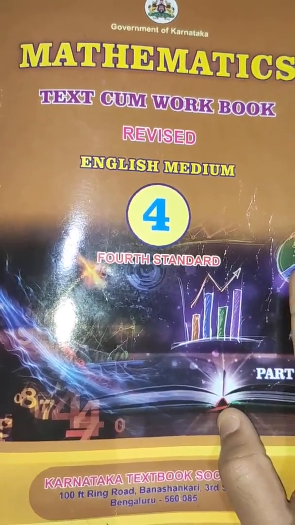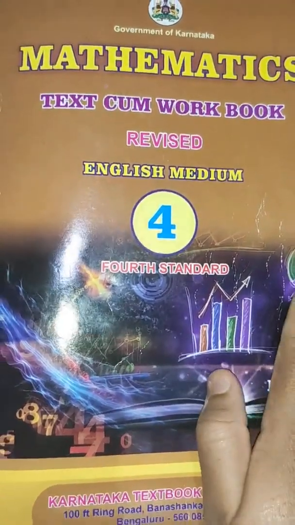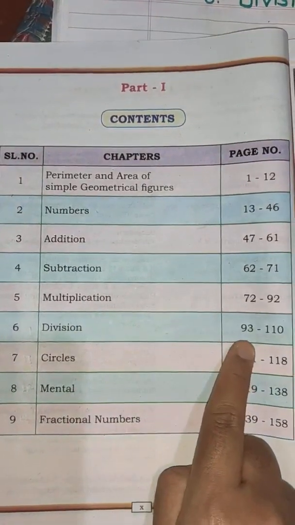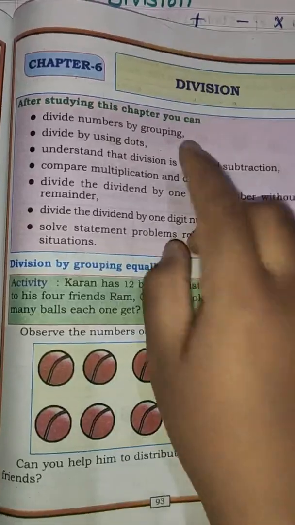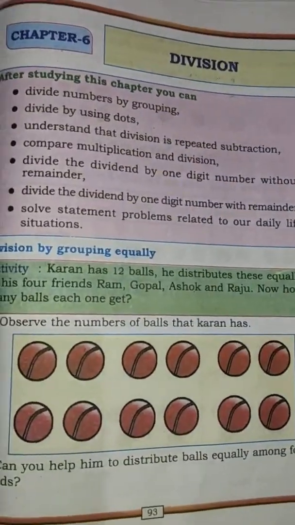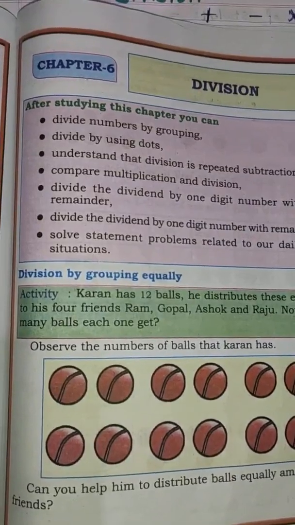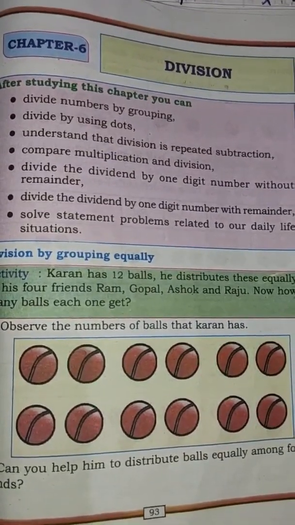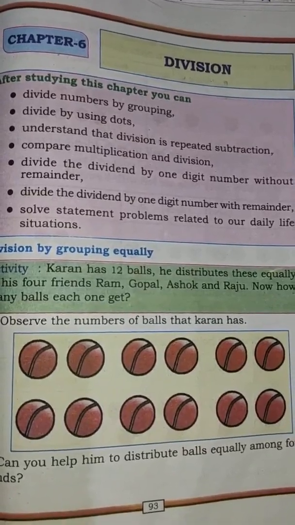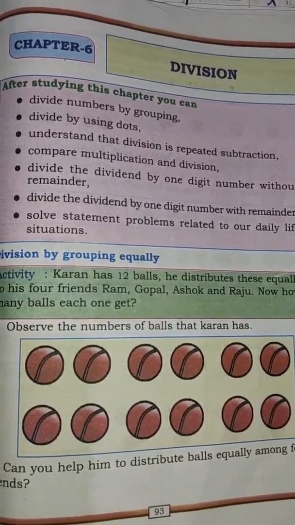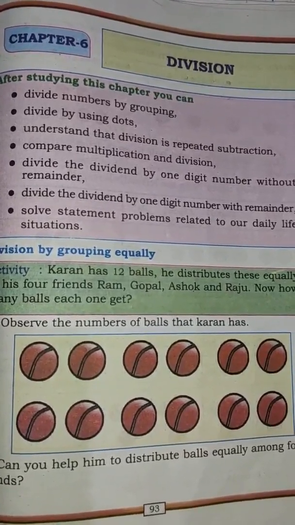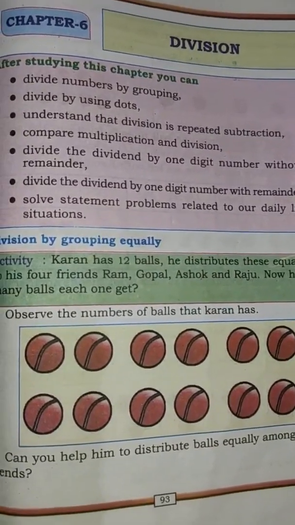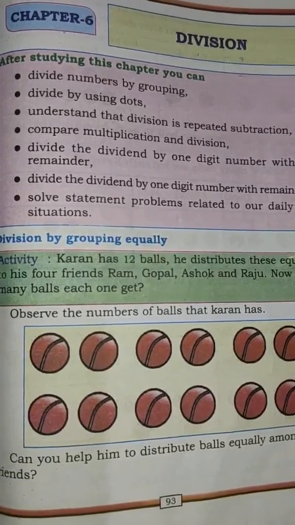Today in this class we are going to continue our same lesson of maths, that is division. So open page number 93. Division. So children, in the previous class you have learned to divide numbers by grouping, and you have learned that division is repeated subtraction, and you learned how to compare multiplication facts and division facts, right? So today in this class let us start with another topic, that is